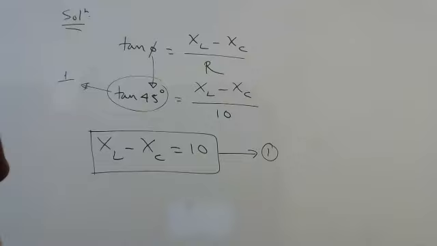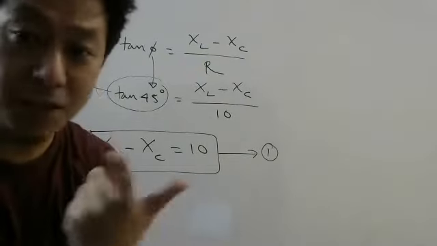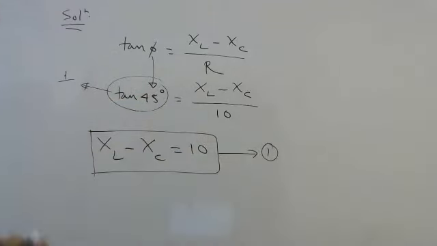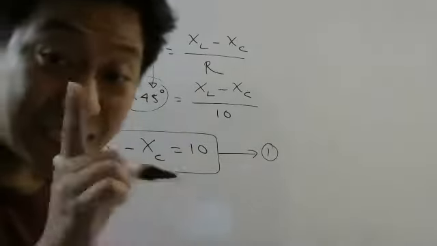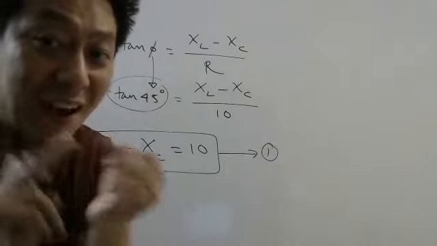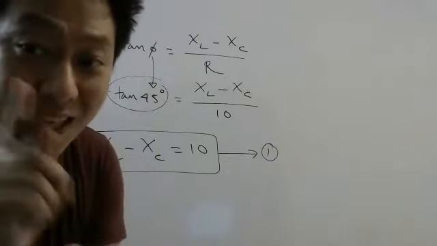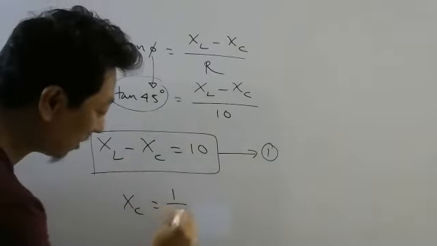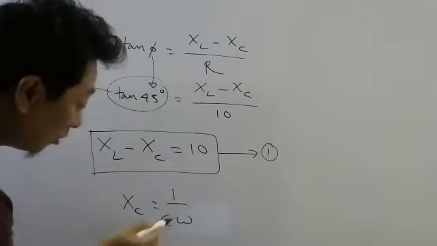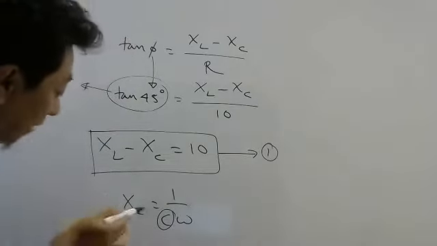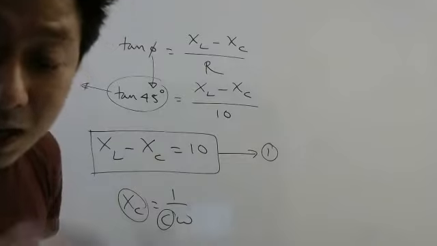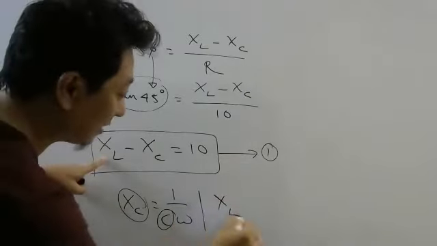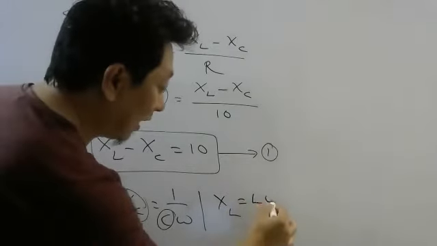Okay, so see, again I'm telling you, phase difference they have given. So use formula with phase difference. Once you get this, now to find C, see, they told you to find C and L. Now you all know C is hiding in this formula, yes or no? XC is 1 by C omega, yes or no? So in order to find C, I need to find XC. Similarly, if I want L, then L is hiding in this formula, XL. What is XL? L omega.